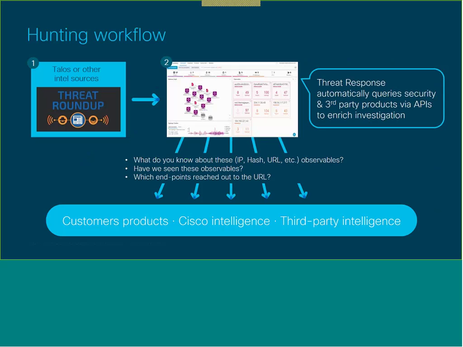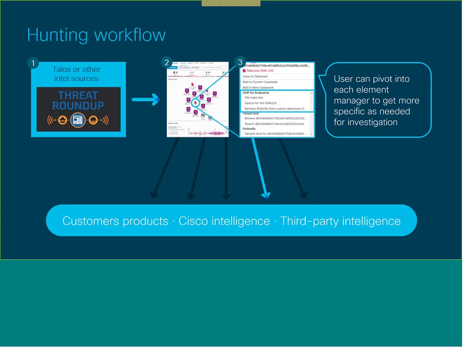What's the context? Threat Response will automatically use the APIs to query our Cisco products and, in some cases, third-party products, more to come in future, to enrich this investigation. Reach out to everything and gather back all of the responses into this single unified workbench. And then once that's done, you can also still, of course, pivot back out to all these individual sources for